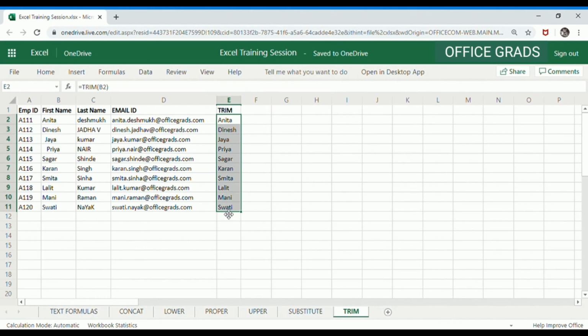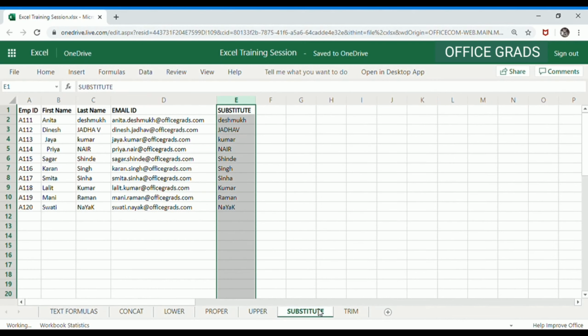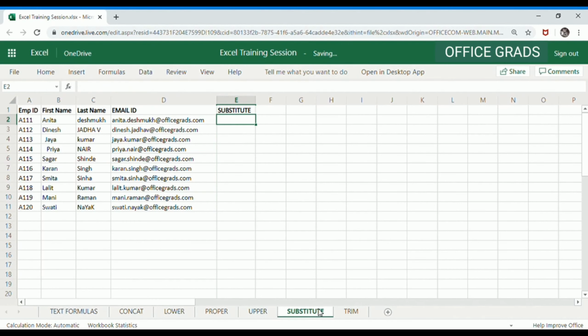So that's the limitation of the TRIM function: it can only get rid of the extra spaces before the text or after the text, but not in between two different text strings.